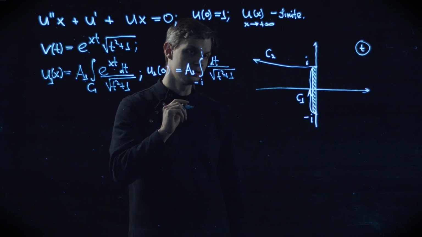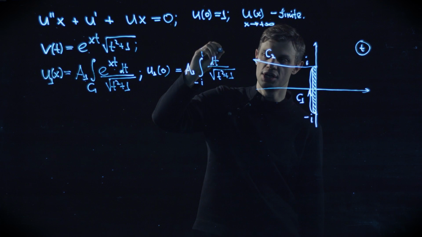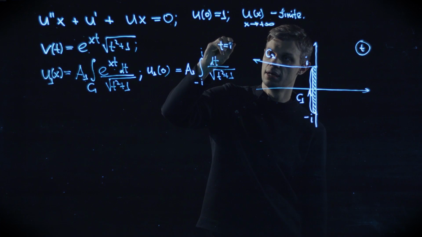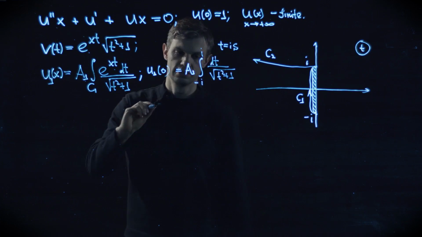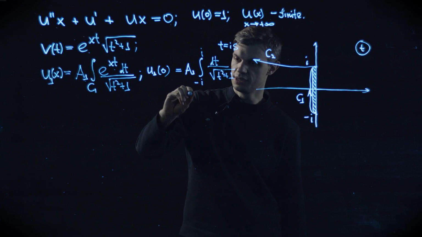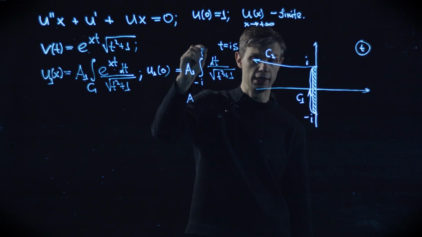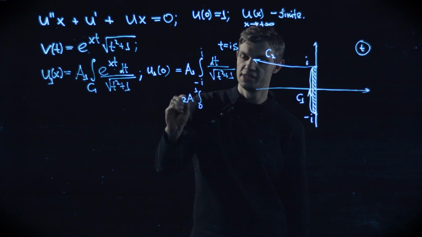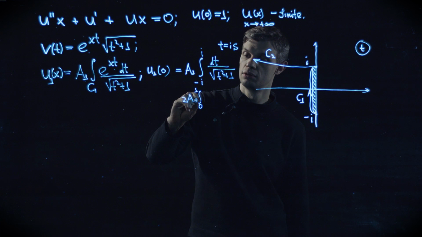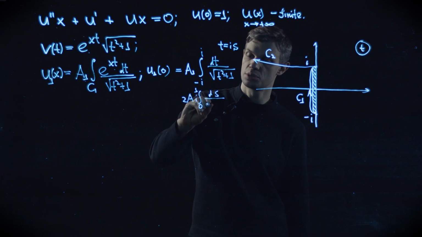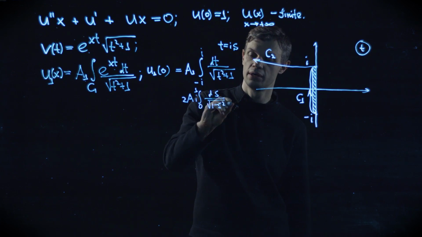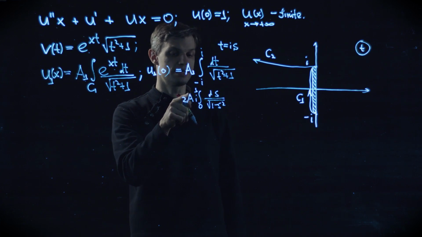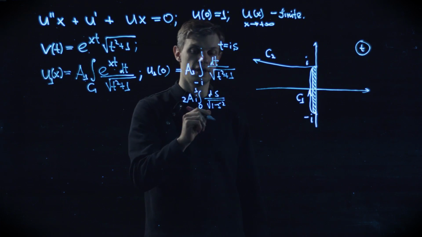And this is an elementary integral. One can compute it with an easy change of variables, for example t is equal to i s, and so you get the integral from 0 to 1, double integral from 0 to 1, over ds over square root of 1 minus s squared, which is a trivial arcsine, and arcsine at 1 is pi by 2, and at 0 is 0, so the answer is